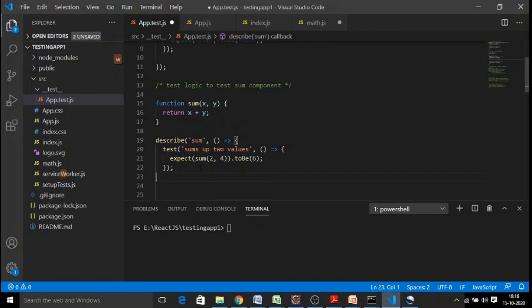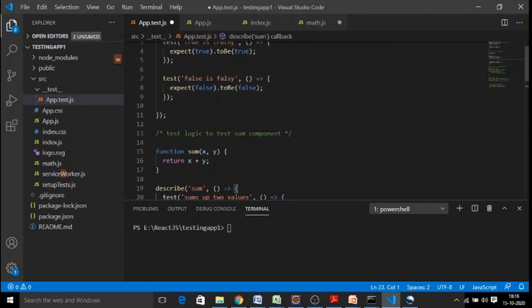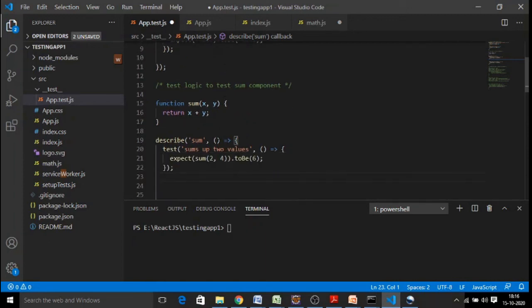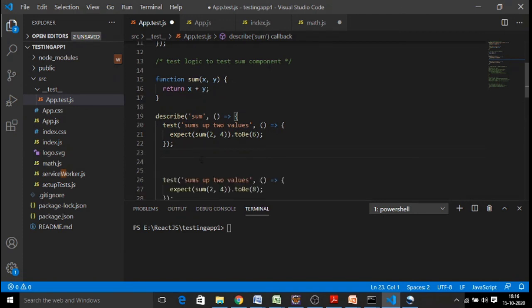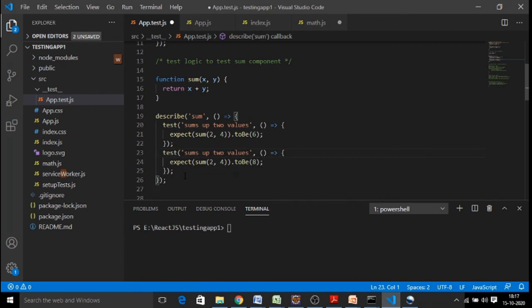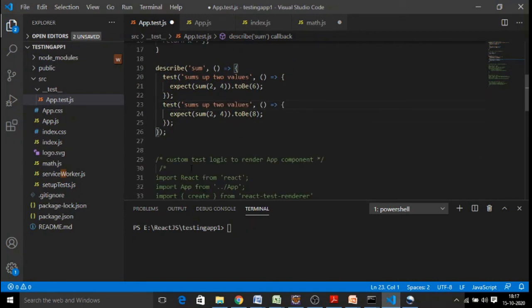Let us write one. Here both the test cases are true, right? And in this case, one we write as a true case and one we write as a negative test case. Negative means, let us say when I pass 2, 4, I am expecting this to be 8. This has to fail. This is expected to fail. So we will see whether it is failing or not. This is how you can write a number of positive and negative test cases to test with multiple sample values.